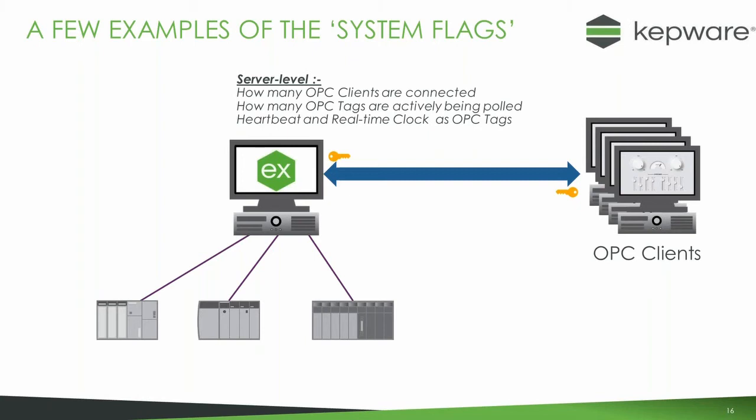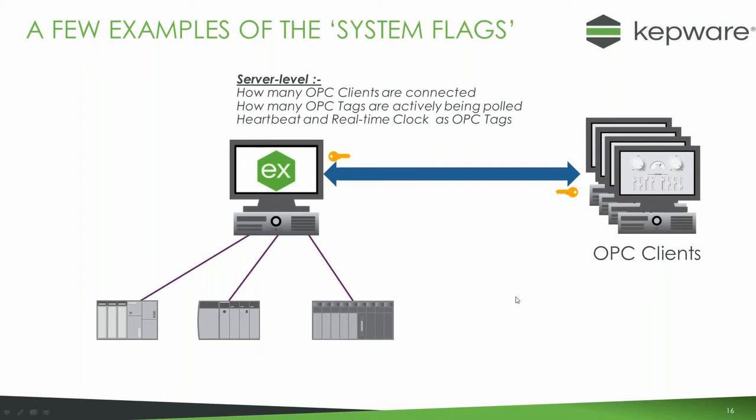So they're very good if you want to have an OPC client which is getting an update, and the OPC client wants to check, is it communicating with KEPServer, or has the network link perhaps between that client and KEPServer fallen over. If the network has gone down, you would see the heartbeat in seconds stop updating. So that might be something that you can employ in a client to say that the link to the KEPServer across the network has failed.